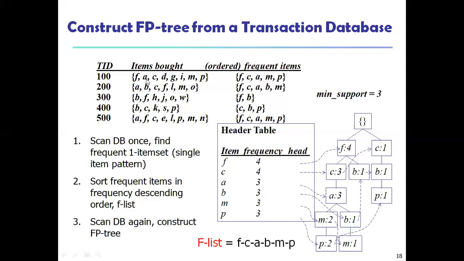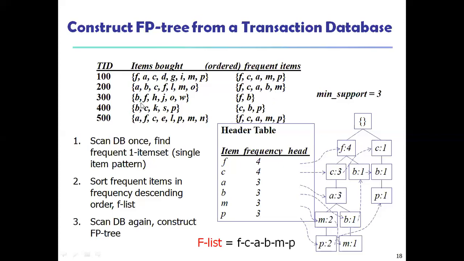Now come for the second transaction here. Now the first one is A. Now see where A is there. Here we can see, first order the elements A, B, C. Here the highest element F is there, so I am writing F first. Similarly, C is the second largest element, so I am writing the C. Similarly, A, B, M. L and O are not in the order because they are not matching the minimum support count, so I am eliminating those.